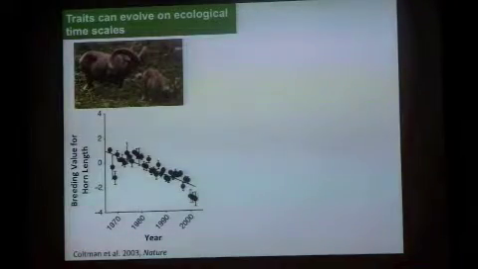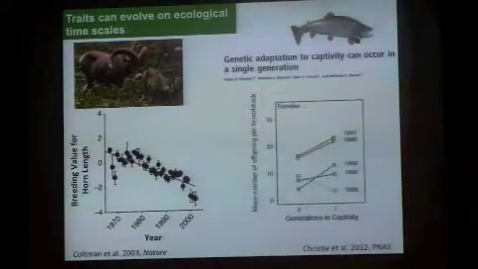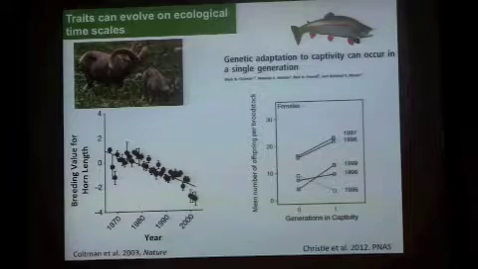So horn length in the population has decreased because of human hunting pressure. And so humans are trophy hunting for the big rams with big horns, and so they're passing on their genes less frequently, and the smaller horn individuals are doing better in the population. And so you get this evolution of decreased horn size. So that's over 30 years, which is maybe several generations for those sheep, but it can happen even faster than that, in just one generation.